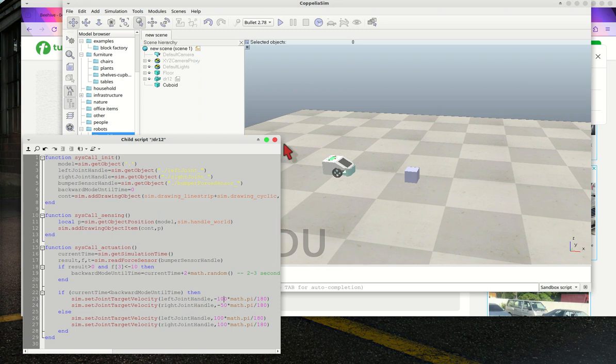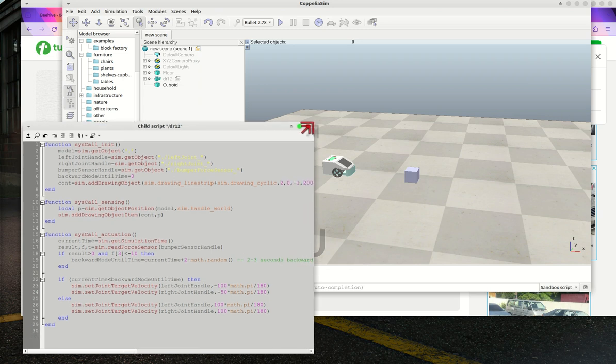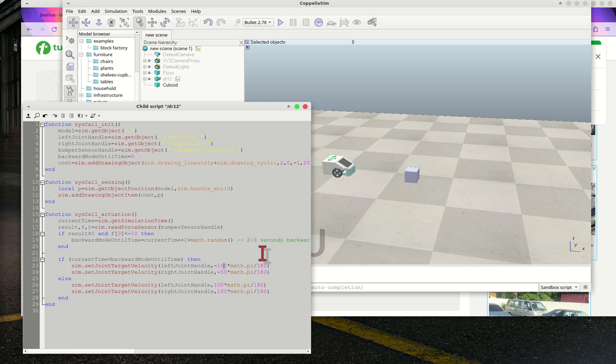So the assignment is based on this. We are given a very simple assignment, starting with the installation of CoppeliaSim and doing some modification to the coding to change the behavior of the robot. So this is a very simple assignment.